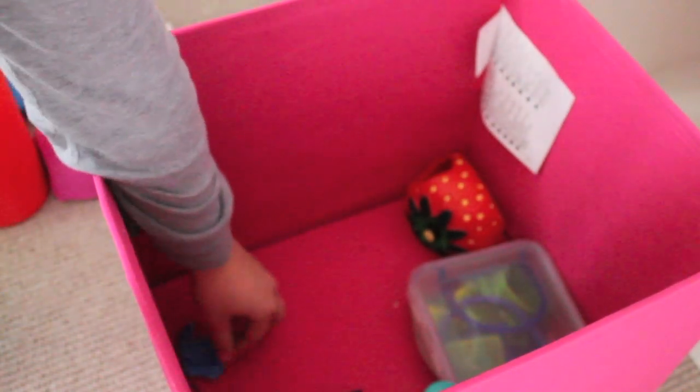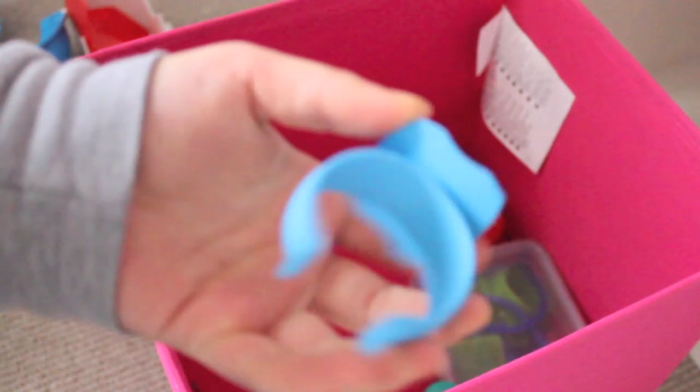I then have another little house which my auntie got me, which I've never used because I don't really like it. I then have some more Critter Trail tubes. Some more. And another little piece. I have the other half of the ball. The Sputnik, which I got from my local pet store. I have a water bottle holder which only fits on wire cages. And as you know, both of mine...